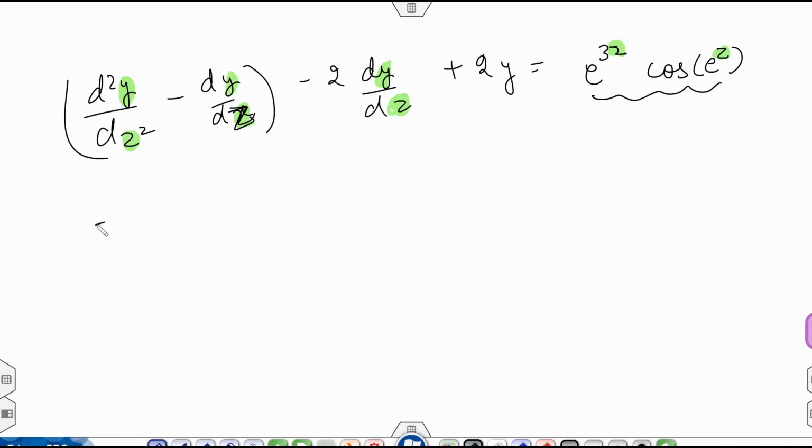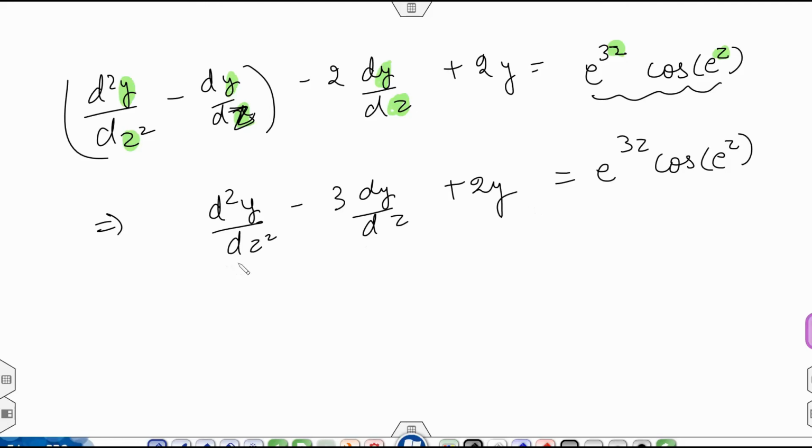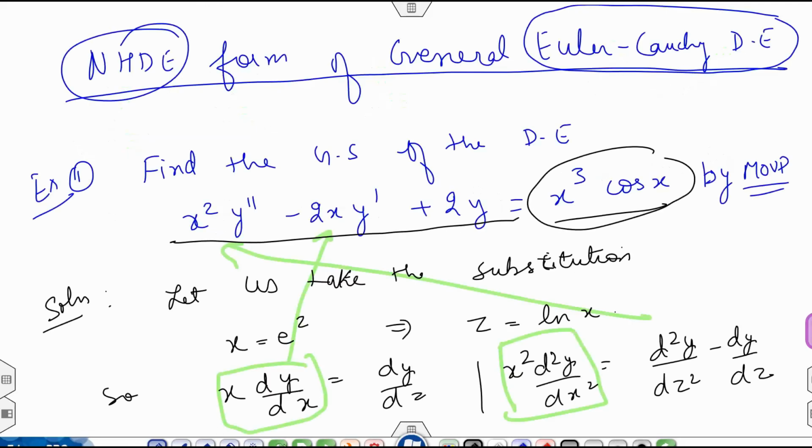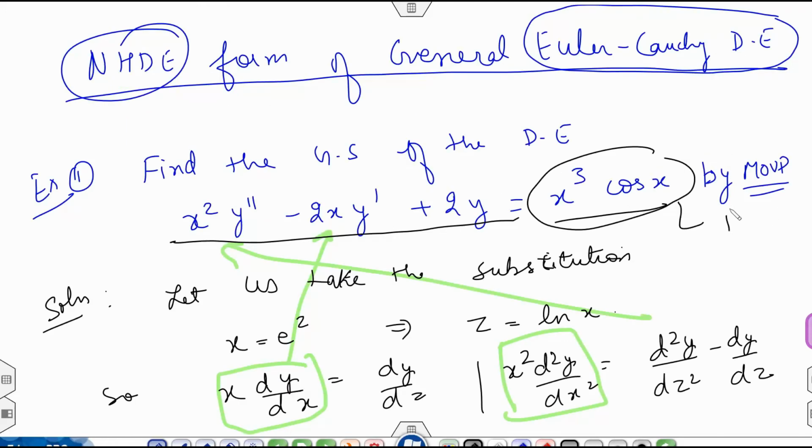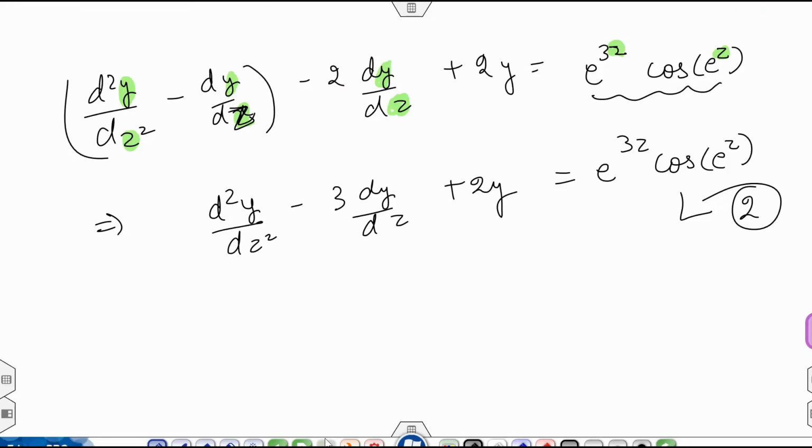So you can see that here my equation is this. So I'll call this equation number 2, and this I'll call equation number 1. Just what you need to do is that now you proceed as we were doing previously. So here again we will find out the homogeneous equations.